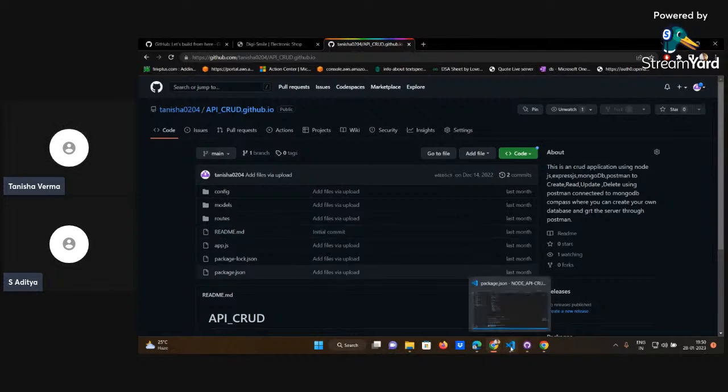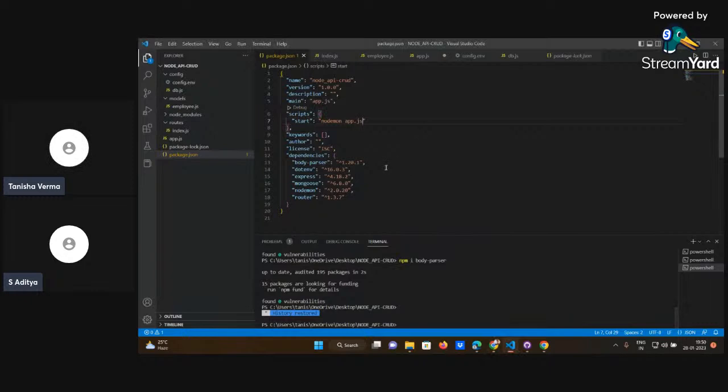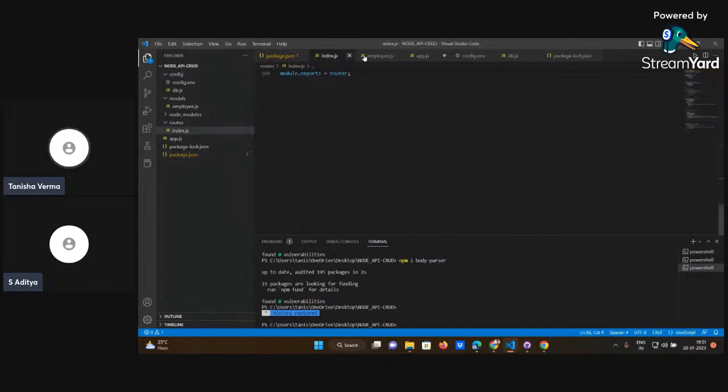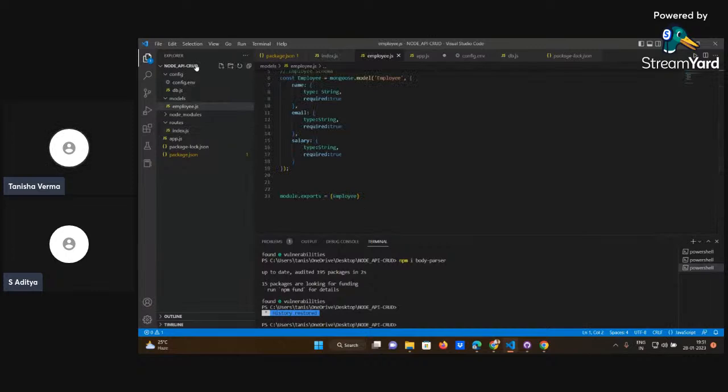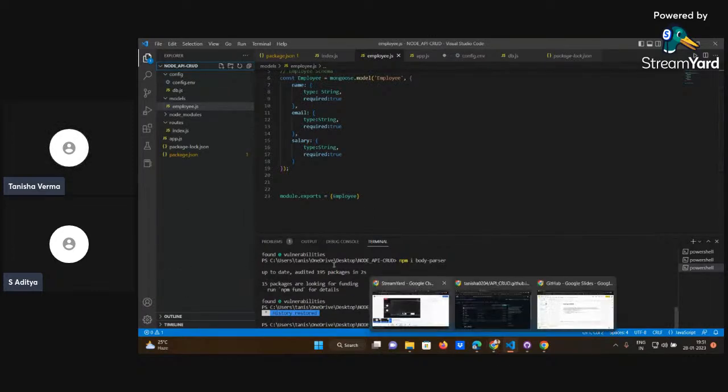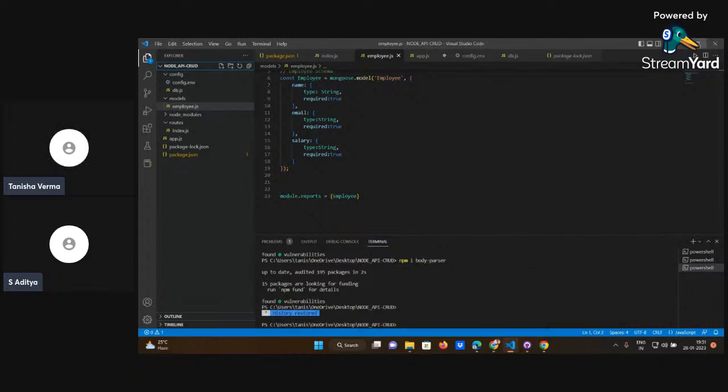You must be knowing about VS Code. If not, you can just watch one video on the internet and you'll know what VS Code is, where you can install it, and all that. VS Code supports every language you ever want to write. Now, we're not concerned about what's written in the code, we are just concerned about how we'll upload this code into our GitHub account. So now, we'll make it short.